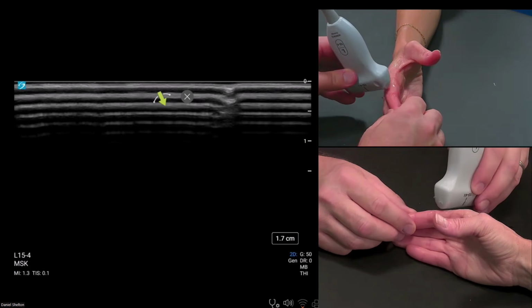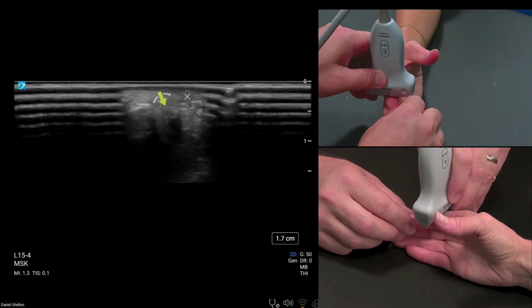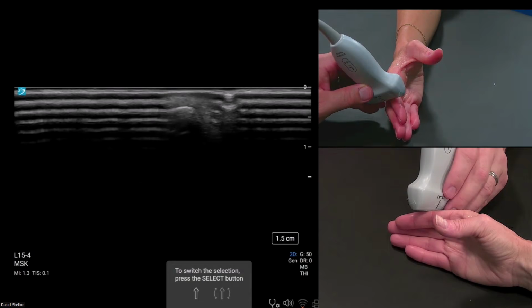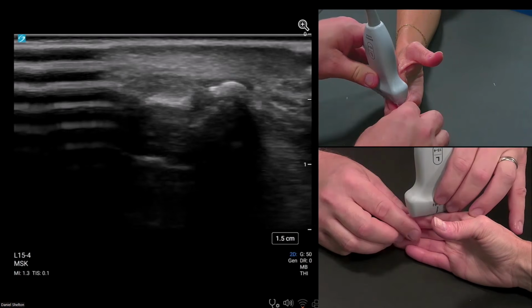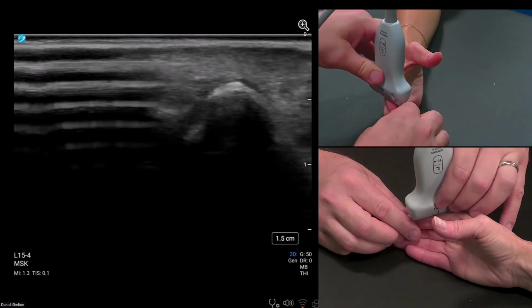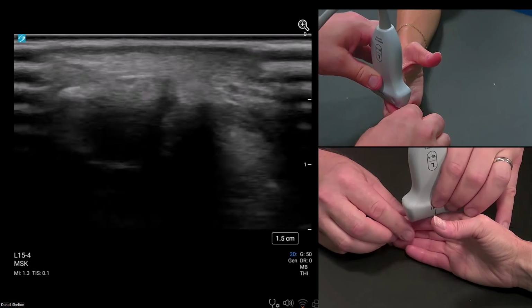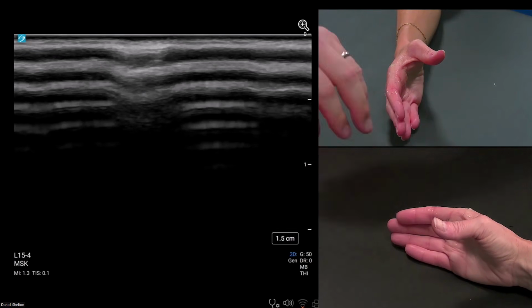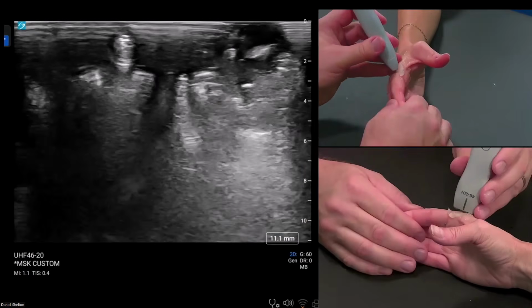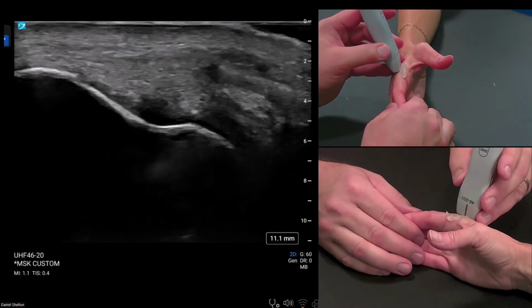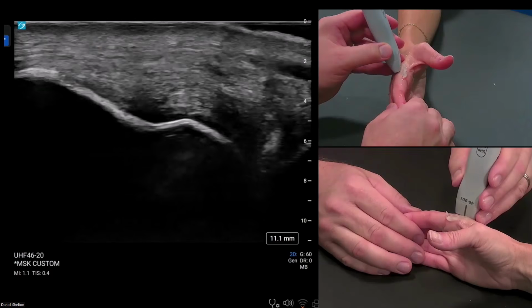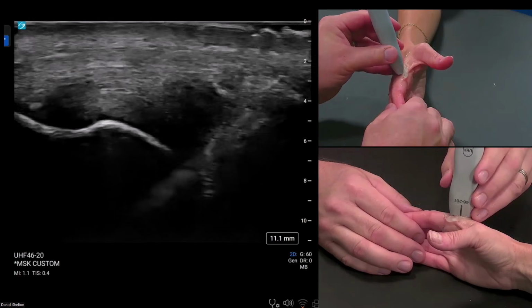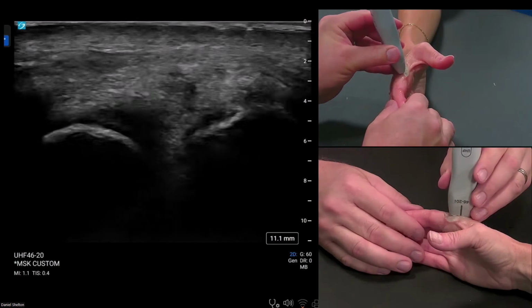Don't waste a bunch of time on the beginning of that epicondyle looking surface. It looks like an elbow there, right where the arrow is. So I'll go more shallow if it'll let me. Might even zoom in. There's our primary right there, that long axis ligament there. And this is where I think it's a good opportunity to switch over to our ultra high frequency 46 to 20. Same thing here. We're looking at that kind of epicondyle looking surface on the lateral MCP joint, following those fibers, windshield wipering the distal part of the probe right there.